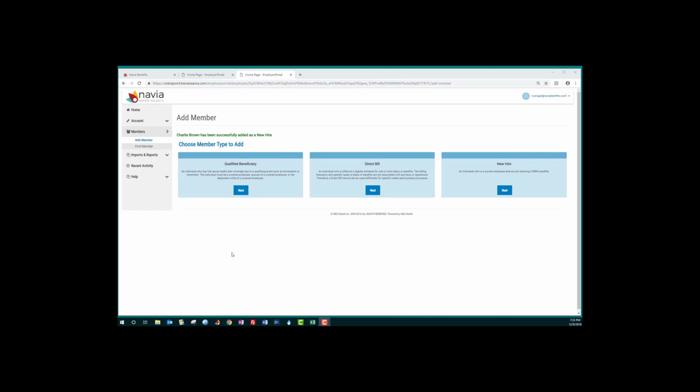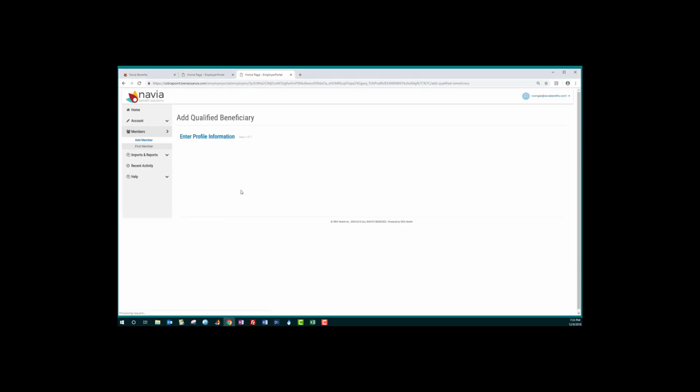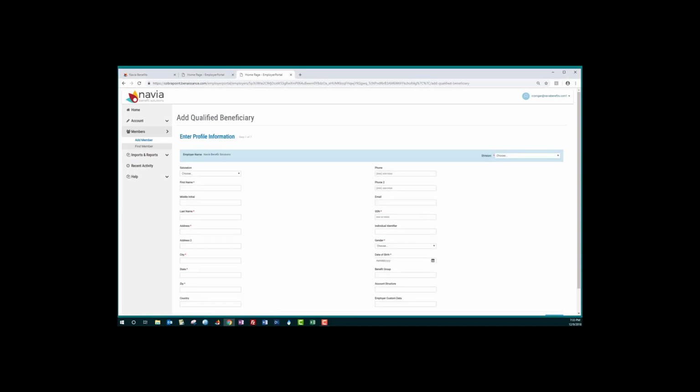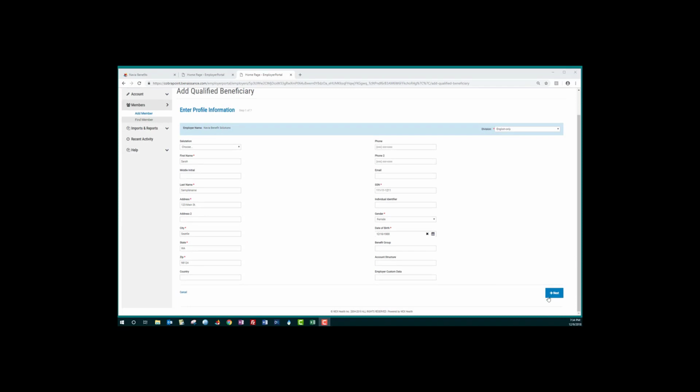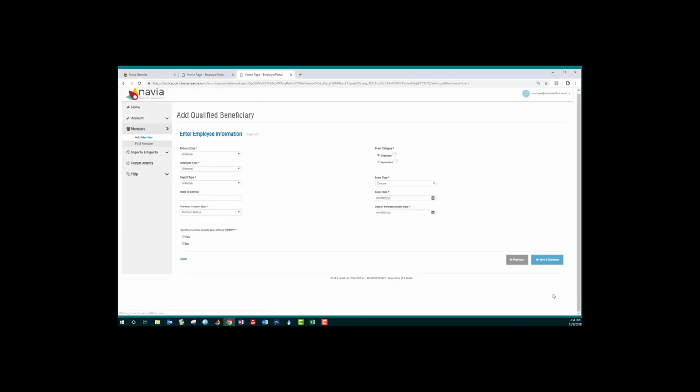Now I'll click on Qualified Beneficiary, and we will begin a full COBRA offer. Once all of the required fields are populated, please scroll down and click Next. On this second step, please leave all drop-downs showing Unknown, As Is, and make sure Coupon Book is selected. When asked, has this member already been offered COBRA, please select No, and then we'll come up here to the